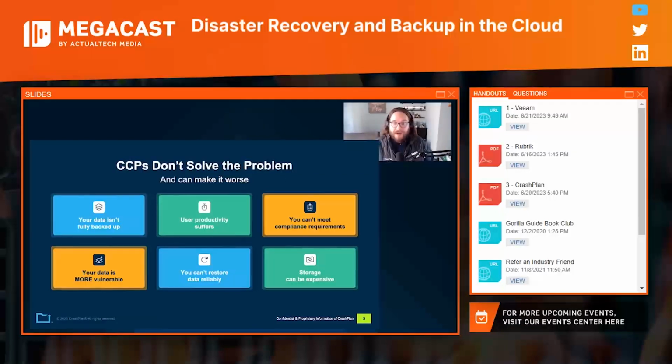However, even I find it difficult sometimes to remember to round trip things to Google Drive or OneDrive and actually save it in a place, because, hey, it's already on my system. Why would I do that right now? My hard drive isn't going to fail today. Okay, great, I'm not going to do that. So user productivity, if you're actually going to enforce this, if you're going to make people go through this process, that's going to slow down, and you're also going to have some morale issues.